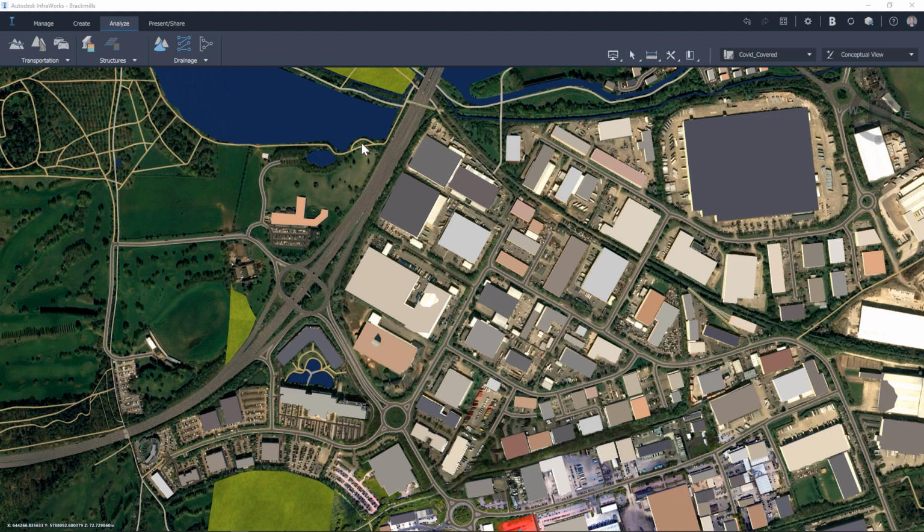Okay, so we're in InfraWorks. We have a model loaded. It can be any model for our purposes. The model itself is not going to have any relevance to this example. It's just a method by which to launch mobility simulation. So any model's fine. Just go to Analyze, Transportation, and then hit Mobility Simulation. So it'll ask you to create a traffic study area. Again, this is irrelevant to us at this time, so just